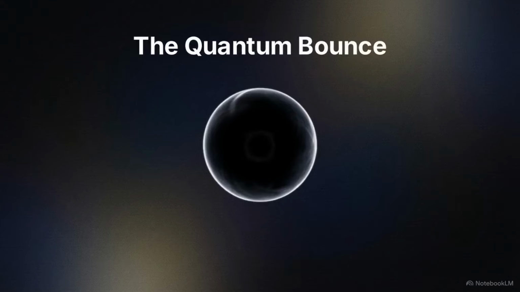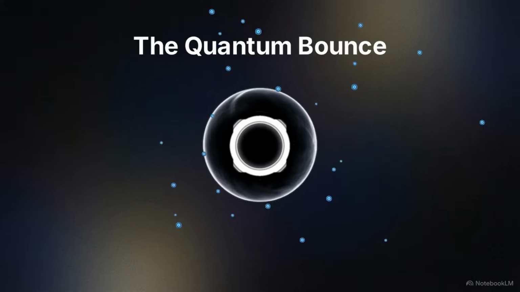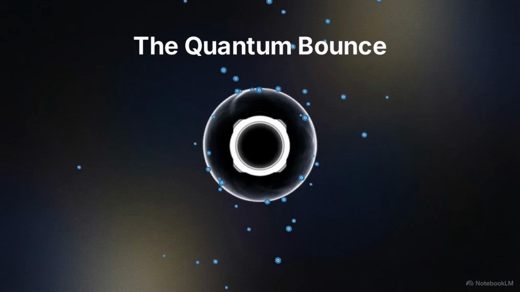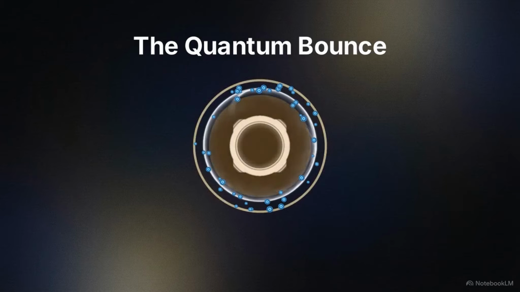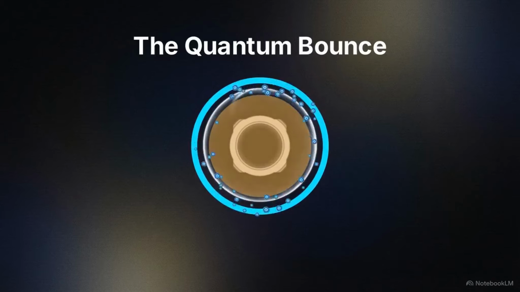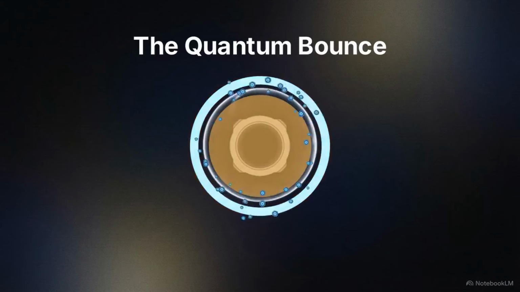In this model, the collapsing matter rushes toward a distinct, hard boundary rather than an infinite point. This is based on the principle that matter and information cannot be compressed into absolute nothingness. There is a physical limit to how tightly particles can be packed together. When the core reaches this absolute limit of density, the compression stops. The packed matter vibrates with immense potential energy, stored at the very edge of what physics allows.